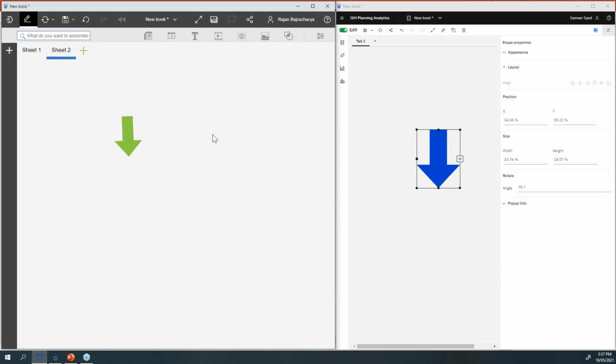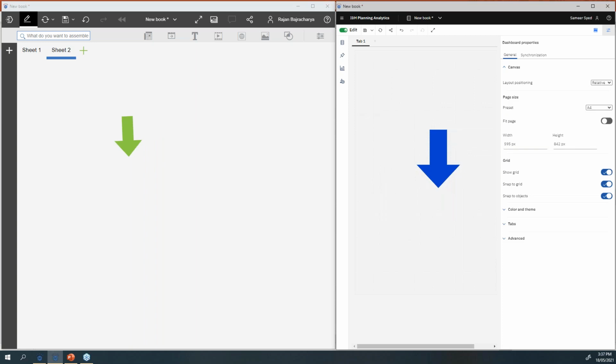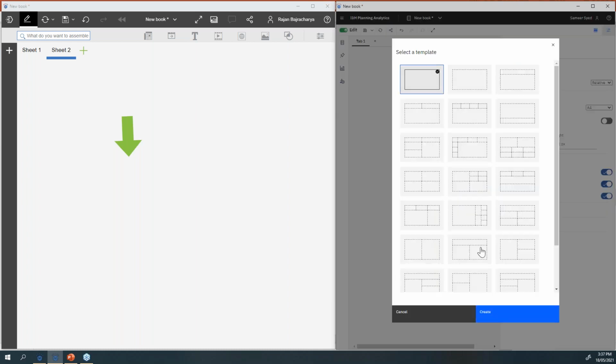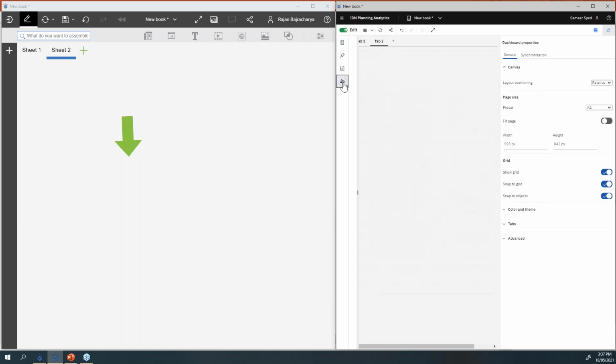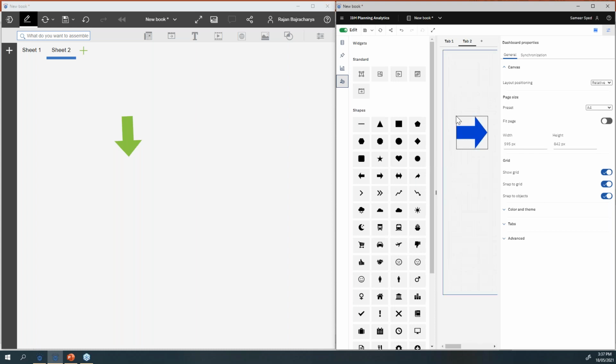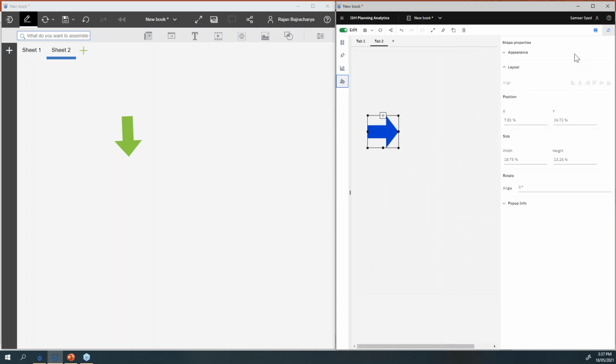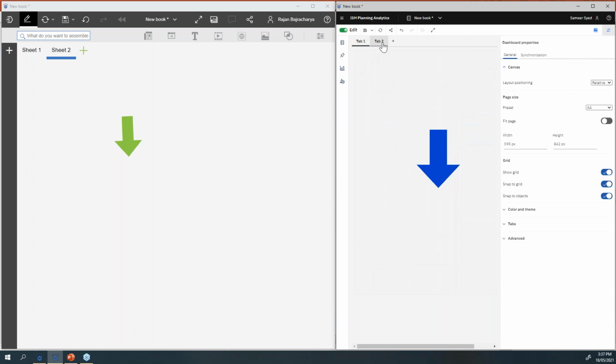Now, if I have to do this in this new version of PAW, see how easy it is. So if I create a new tab, now if I bring the same arrow, all I need for this tab 2 is the properties of this.